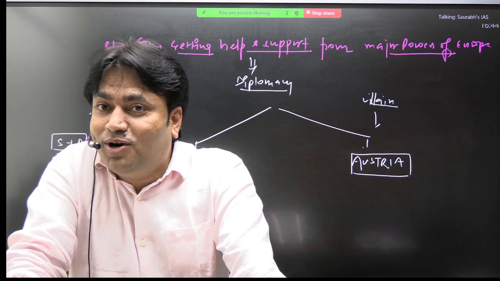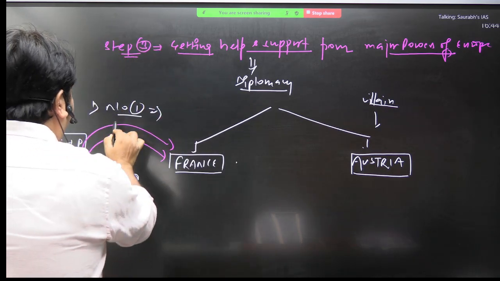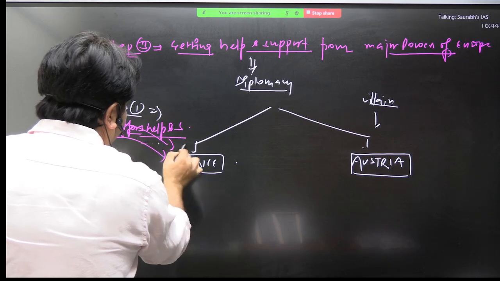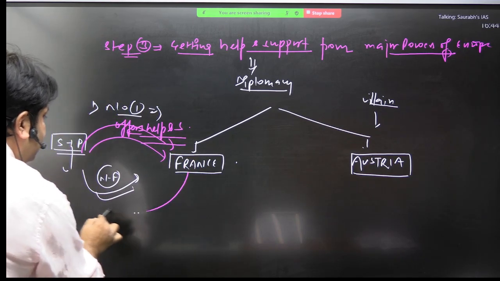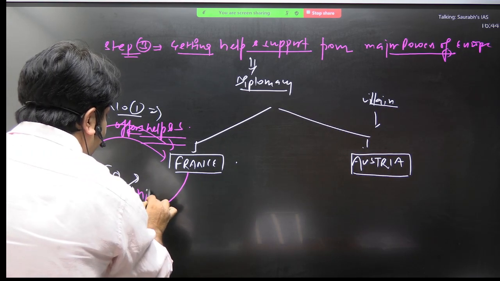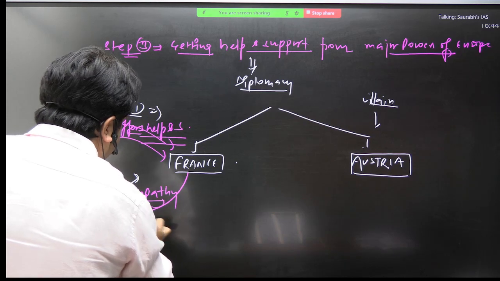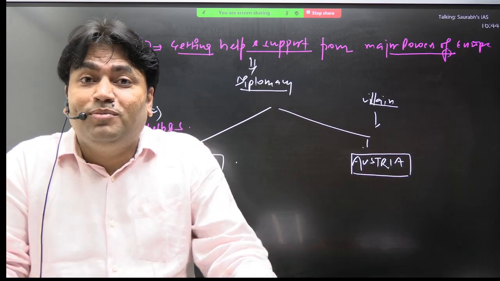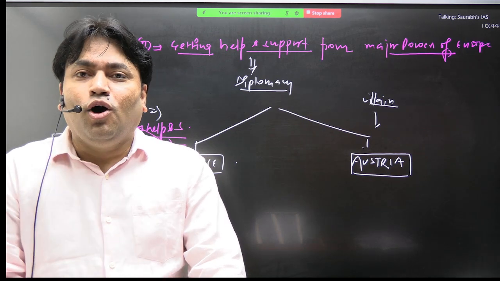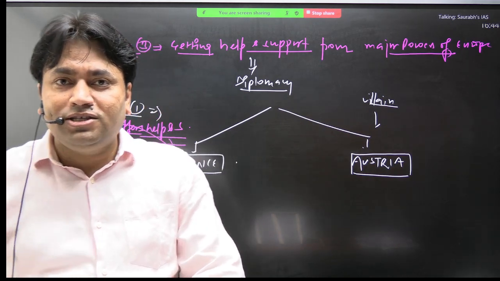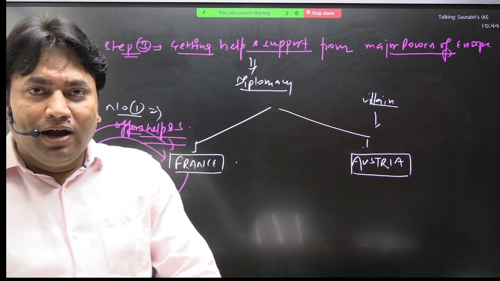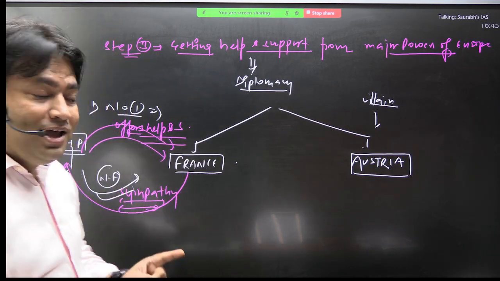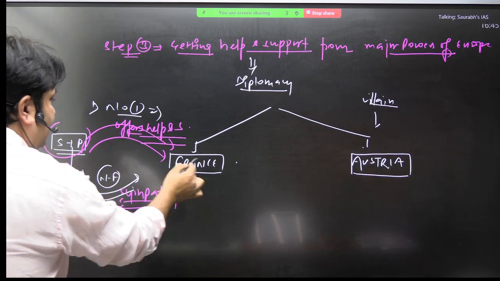So what Sardinia Piedmont is doing? Here Sardinia Piedmont offers help and support to France, and in this way he will gain the sympathy of France. मेरी बात समझ गया ना? In this way he will gain the sympathy of France. And France will promise Sardinia Piedmont of what? Of future help and support against Austria. फ्रांस ने कहा देखो बेटा, कभी भी तुमको ऑस्ट्रिया परेशान करे तो हमारे पास आना, ठीक है, हम देख लेंगे। तो ये होता है। Now Sardinia Piedmont will get sympathy and